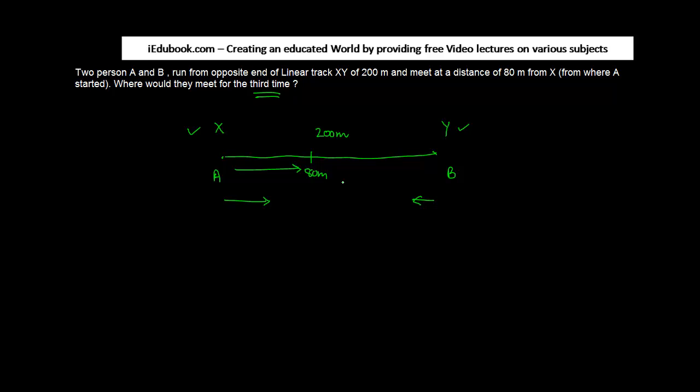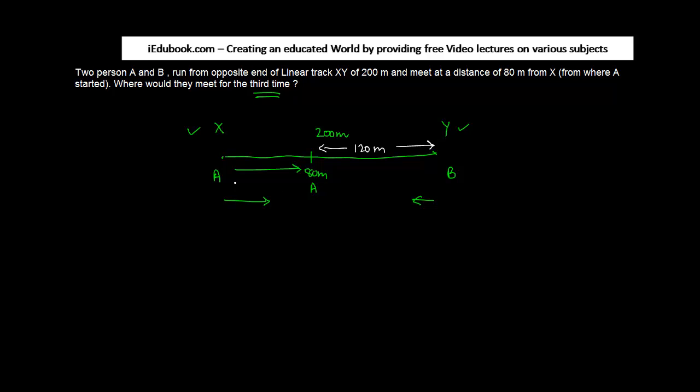Now, in this case, we are not told what the speed of them is, right? But if you notice, in the time when A covered 80 meters, A started moving from here to here, so he would have covered 80 meters. What is the distance covered by B? B would have covered 200 minus 80, or 120 meters,